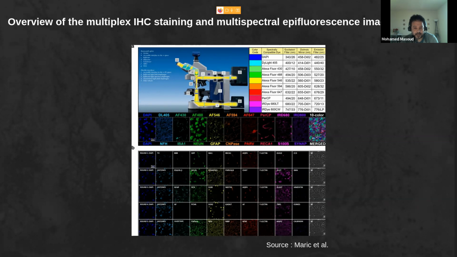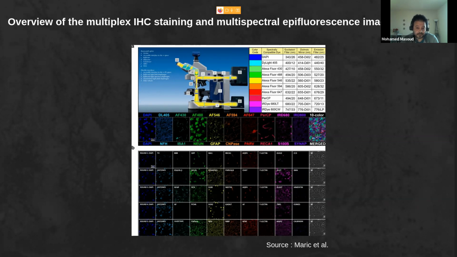And actually, this does not come in a single channel. Every channel represents a marker, and you will have a stack in the end. This stack has multiple channels, like here 10 channels, for example, and the image processing can extract each channel alone, or mix or fuse different channels in order to give you more insight into the data.